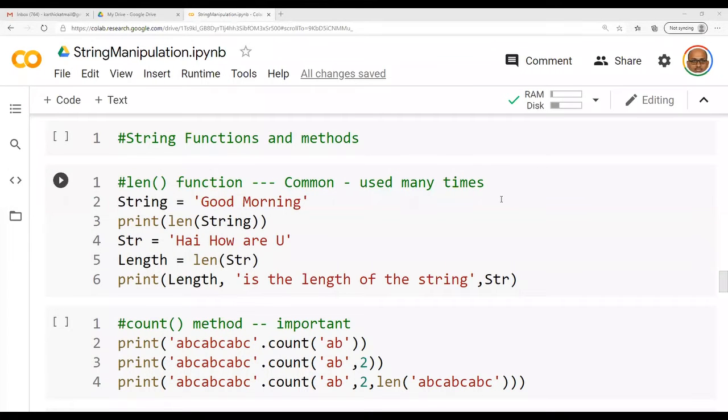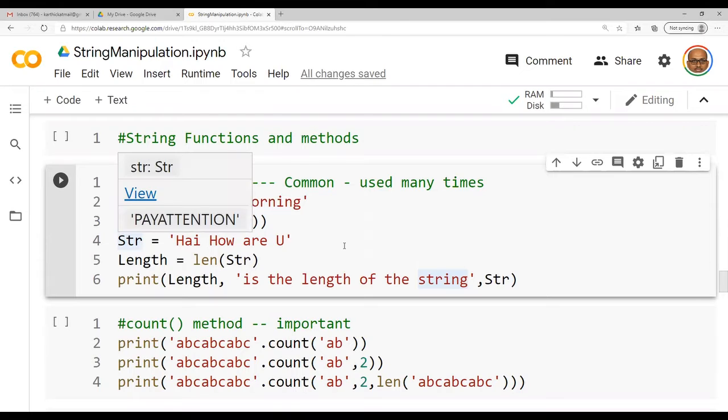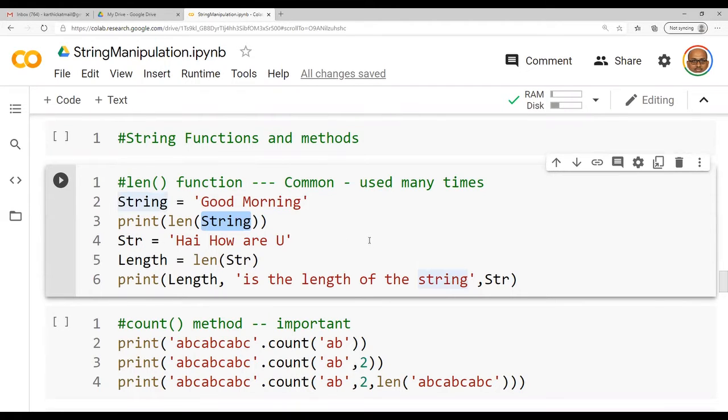Now let us discuss the inbuilt methods that are present in string, one by one. So one is len. Len is a function. It takes a string as a parameter. Print len of string. In the string, I have given good morning. In another string named str, I have given hi, how are you?